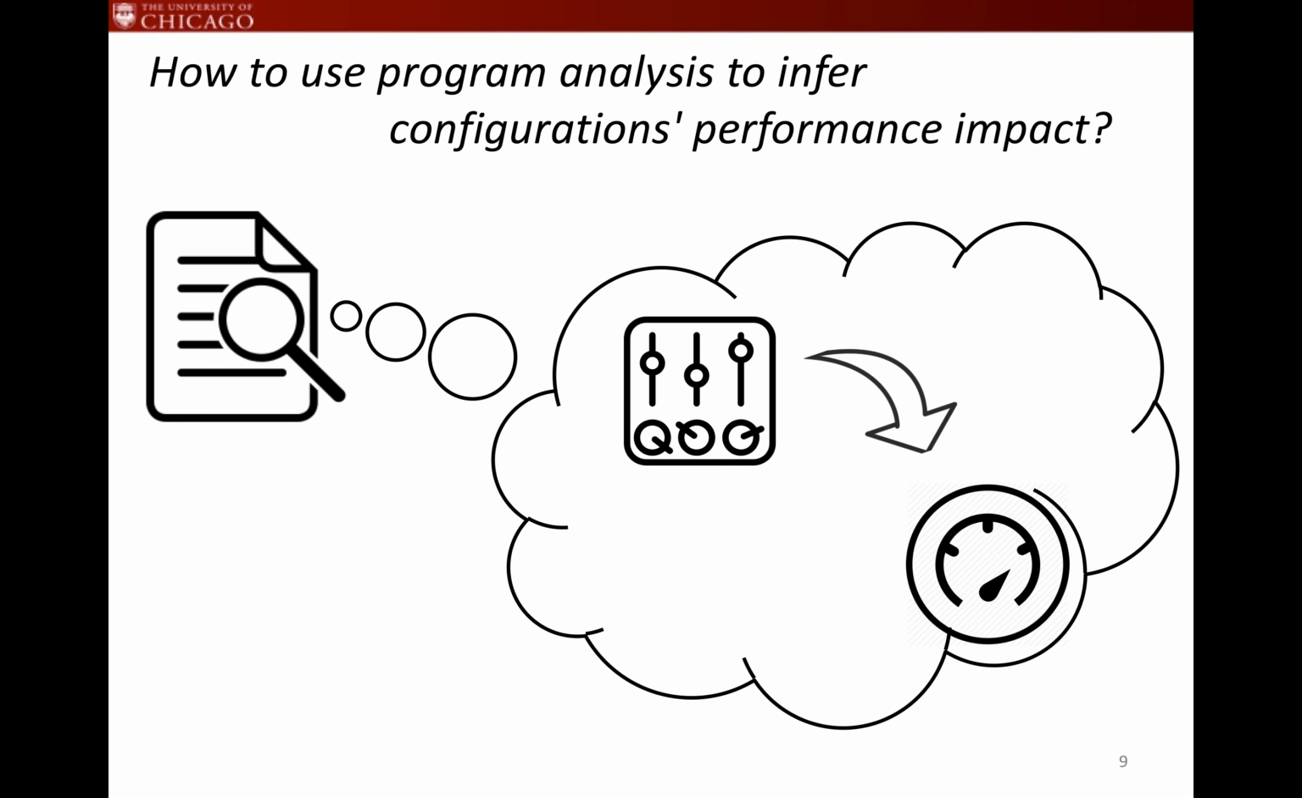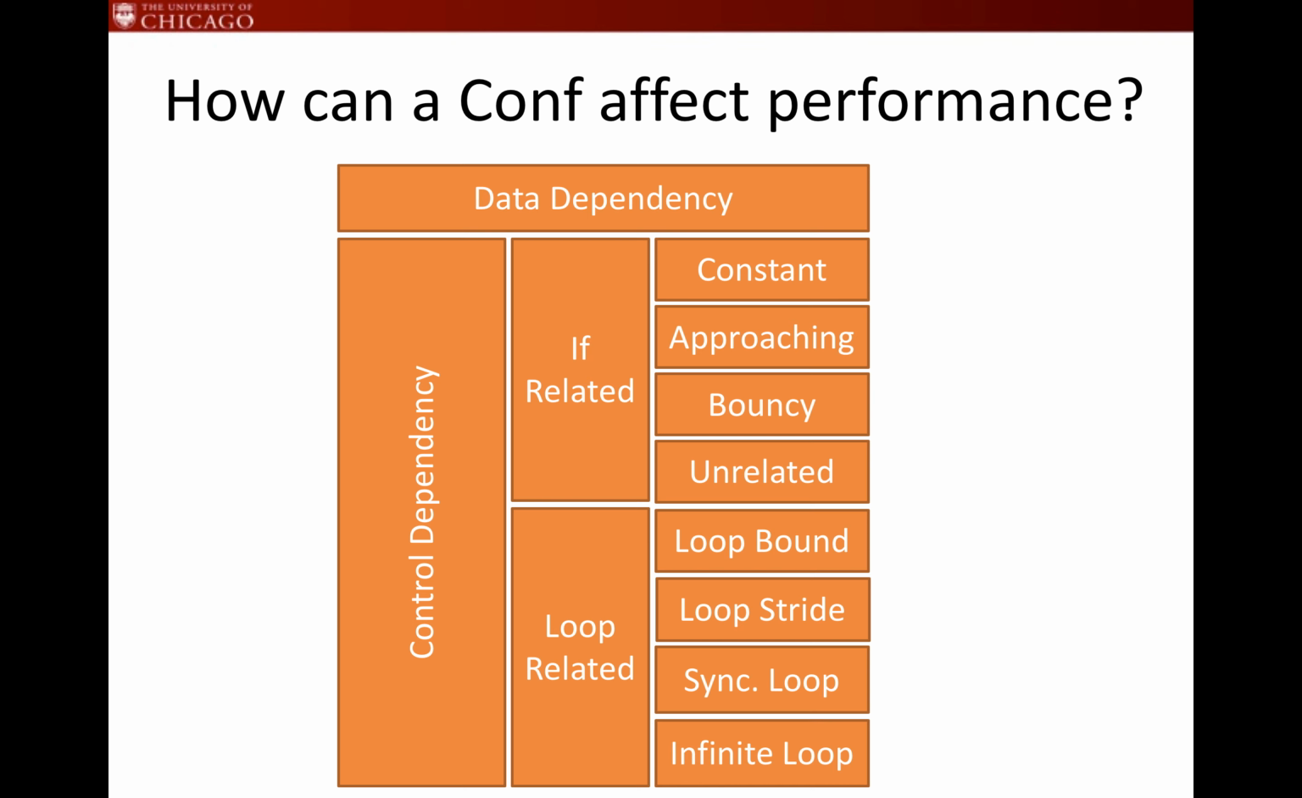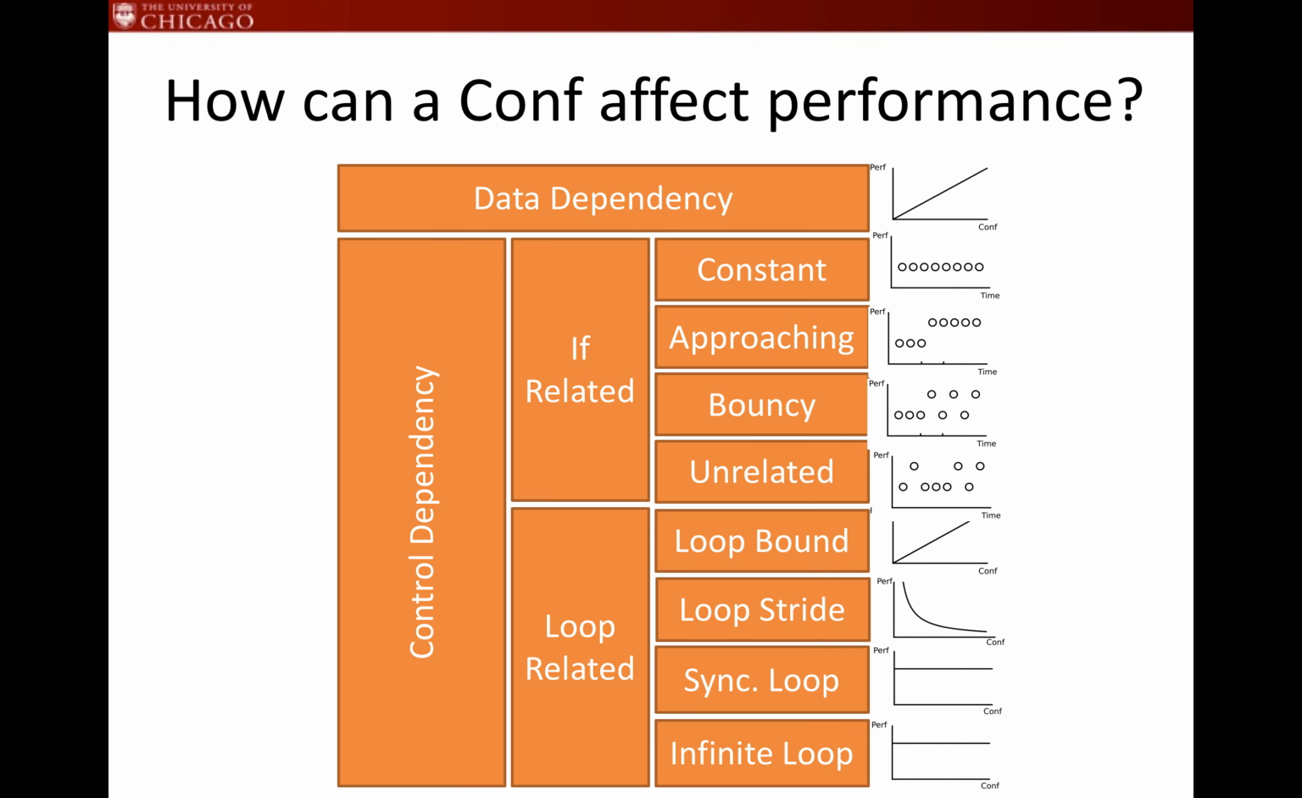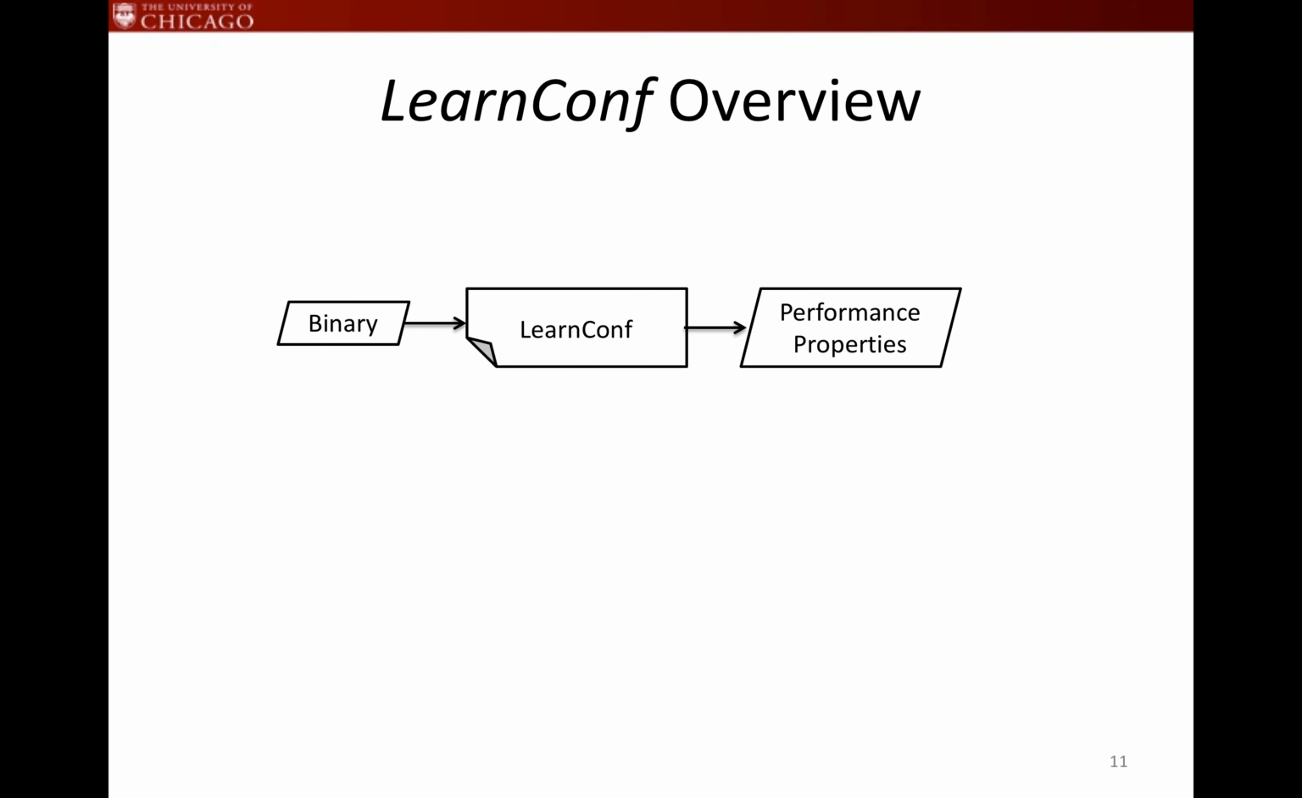Based on this insight, our key idea is to use static program analysis to figure out which configurations and how the configurations affect performance. Actually, there's already a well-known dependency taxonomy in program analysis. It could either be data dependency or control dependency. We found that with a little bit more analysis about static dependency, we can indeed infer how a configuration affects performance. As you can see, different types of static dependency between performance operation and performance configuration can map to different runtime configuration-performance curves. Following the taxonomy, we build a static analysis tool, LearnConf, which takes system binary as input